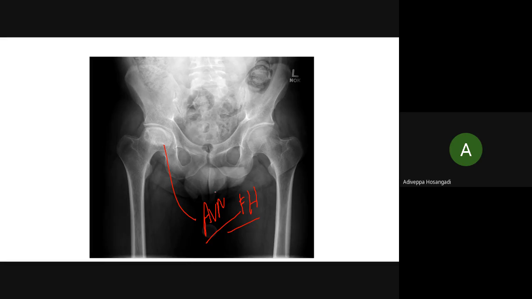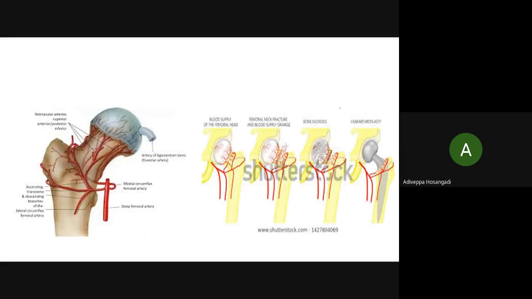Okay, can you remember? Now there is no fracture here. There is no fracture anywhere here. Okay, that's why it is idiopathic avascular necrosis, because we don't know if he had any trauma. We are not sure, but there is definitely no fracture seen. Okay, we'll go further. Before going to understand the avascular necrosis of the femoral head, I want you to